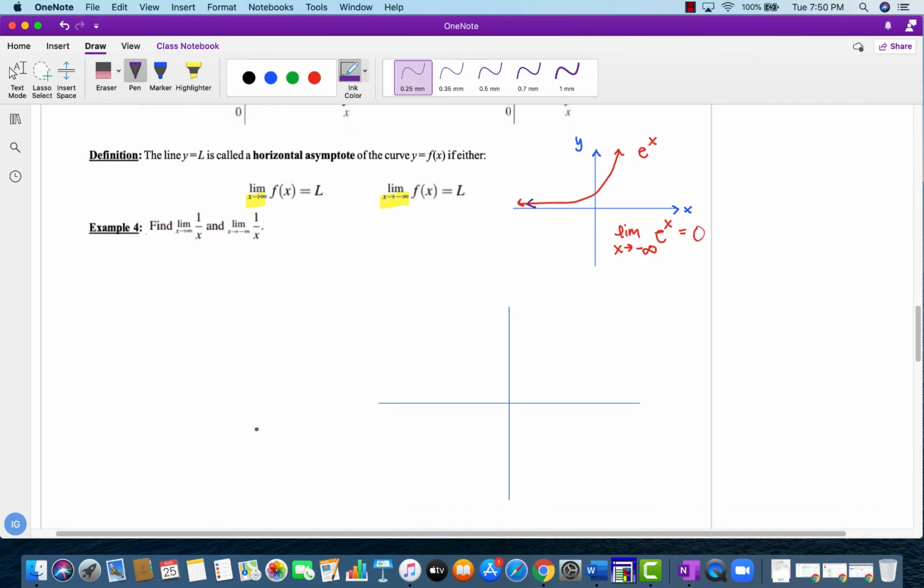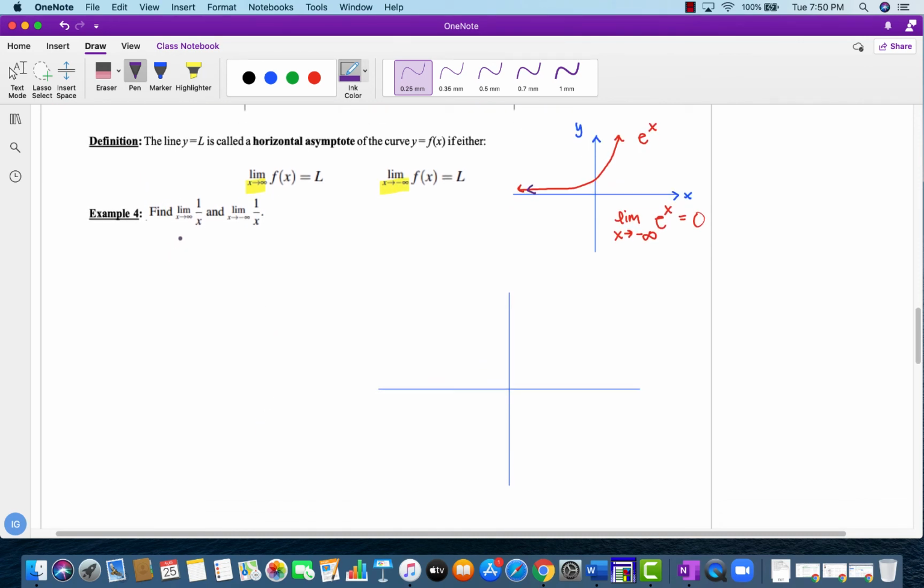Alright, so now let's look at two examples here. We have the limit as x approaches infinity of 1 over x, and the limit as x approaches negative infinity of 1 over x. So let's look at this one. I'm just going to rewrite it here really quick. Alright, so let's look at the graphs really quick. So if I make a sketch of this,